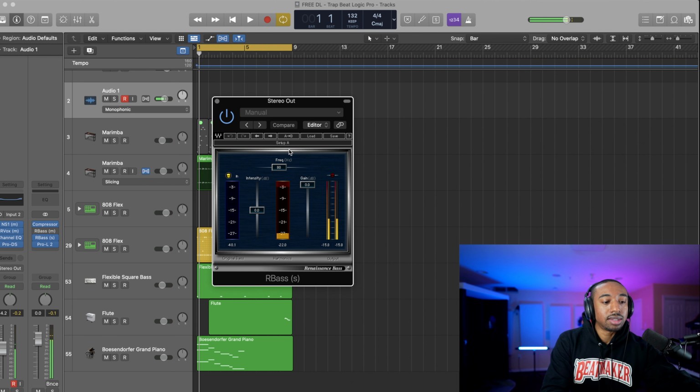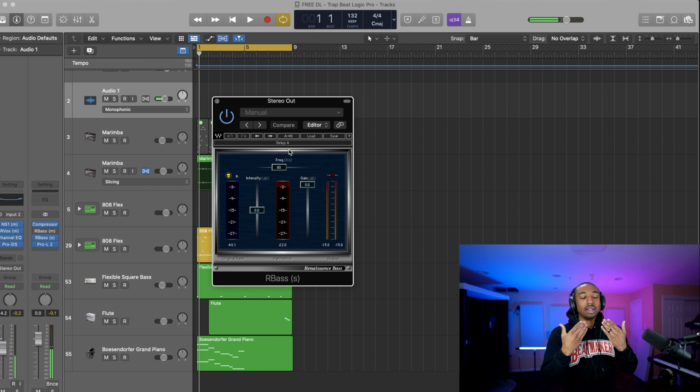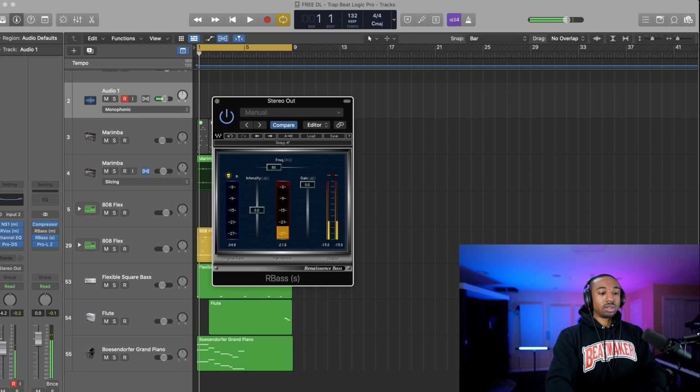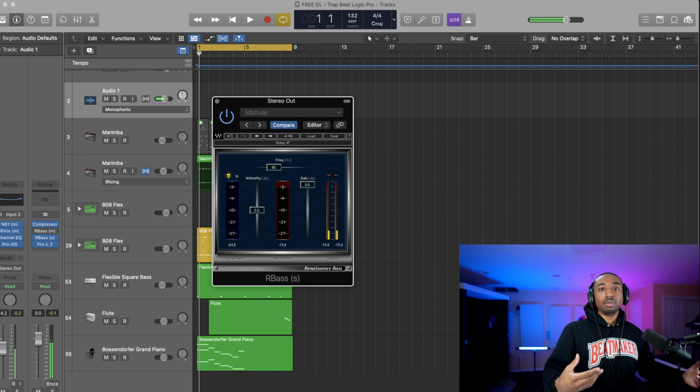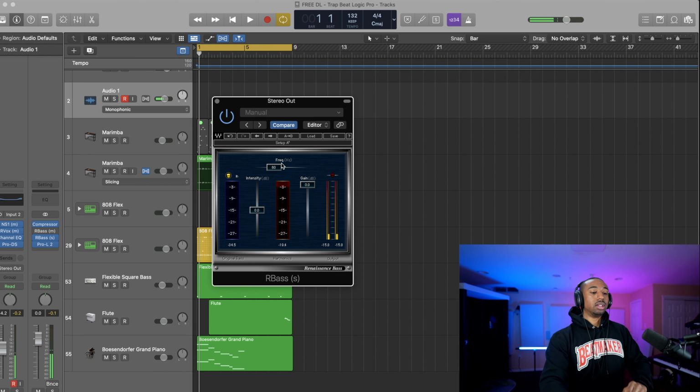Okay, so see how instantly, without me touching it, it adds that low end to my voice because it's focused around 80 hertz. What happens if I drop this to 60? Now my bass is more boomy in that sub frequency. So if I hit my mic, you're gonna hear it because now I'm enhancing those frequencies. What happens if we go to 200?